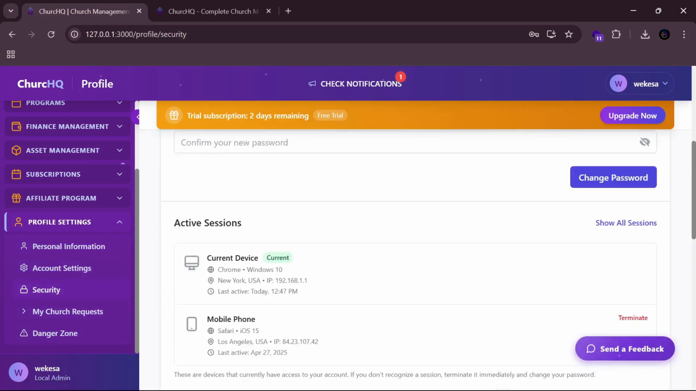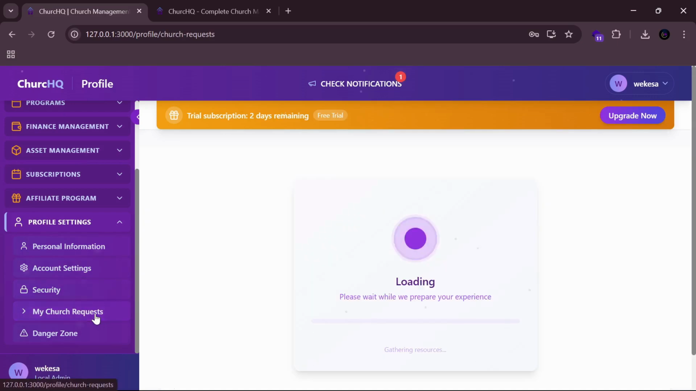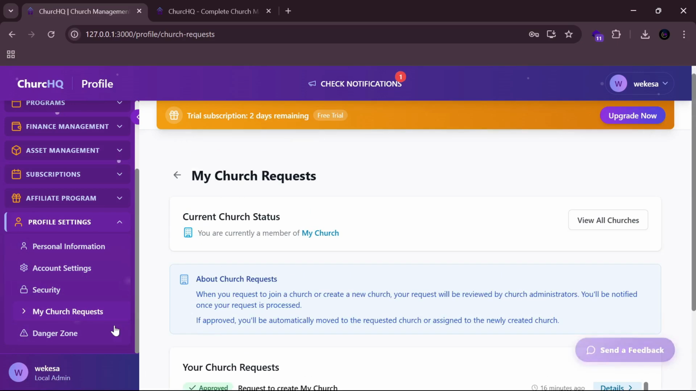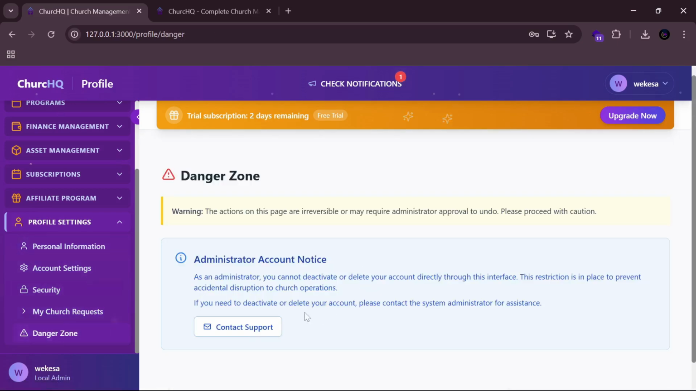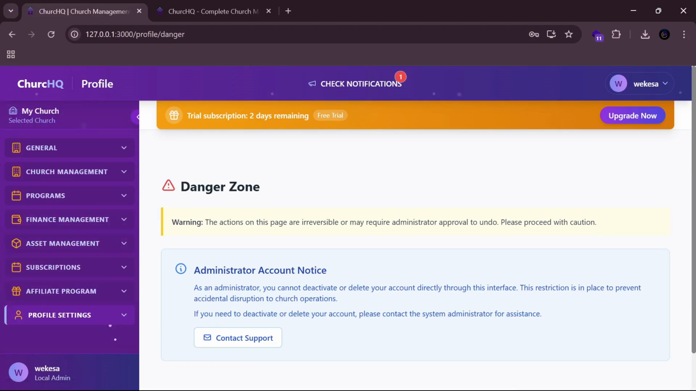And then security: you're able to change the password, church request, and then if you want to deactivate, actually, if you are the local admin and there are members in your church, you'll not be able to deactivate or delete your church automatically. You'll have to request us to deactivate the church, but other members who join your church will be able to